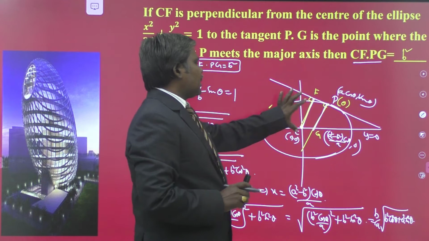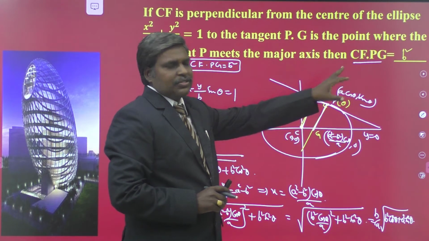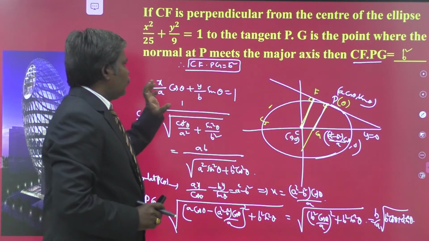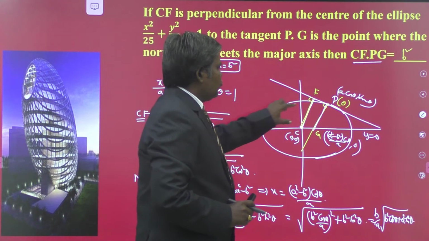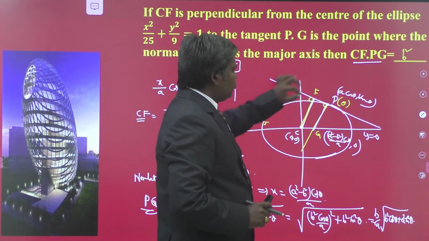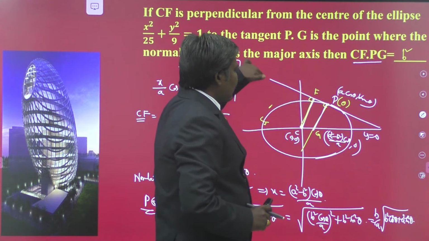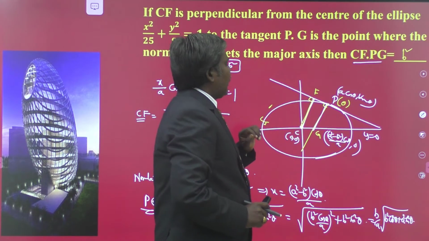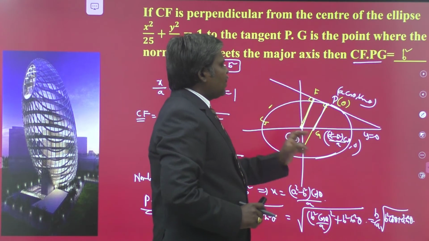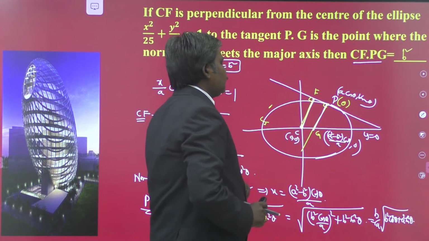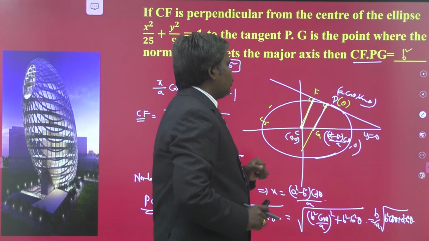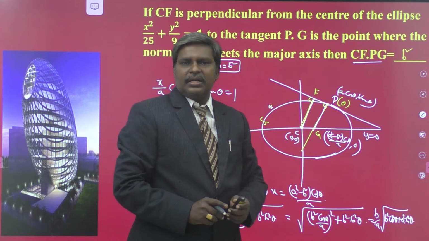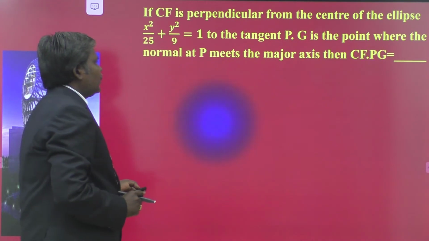So by observing the diagram, by taking the special case itself, we obtain B square. This is the general procedure to do this work. Understand? So it is a good result for you. What is the experiment? I repeat just once again for you. This is any point on the ellipse. Draw the tangent at that point to the ellipse and draw a perpendicular from C to that tangent, say CF. At the same time, draw the normal at that point P to the ellipse that meets the major axis at this point G. Then you are going to show that CF into PG is your B square. Understand? Now let us move on to another problem.